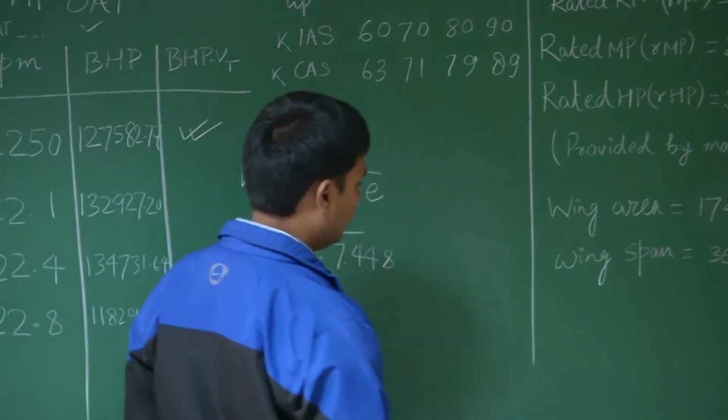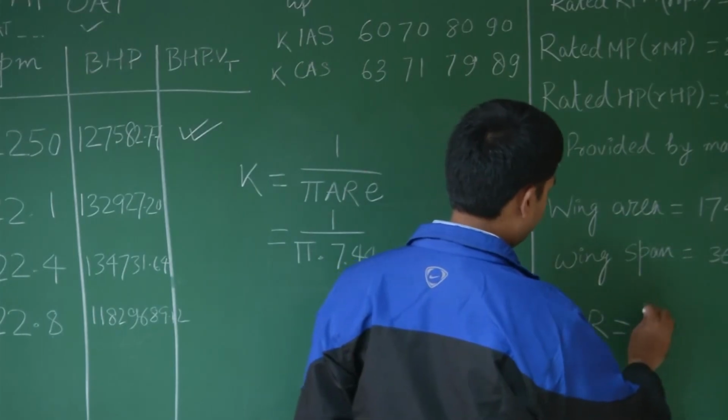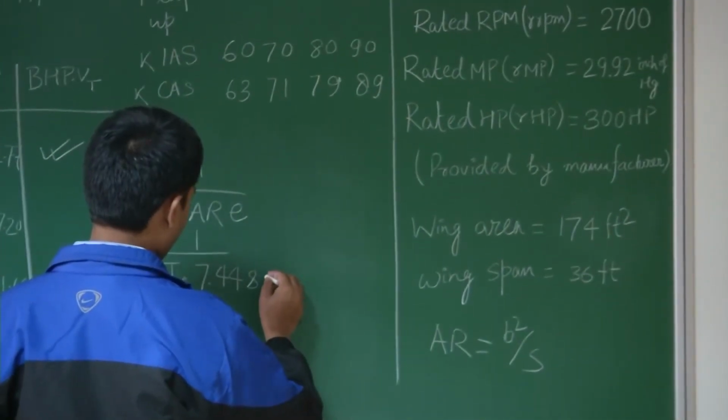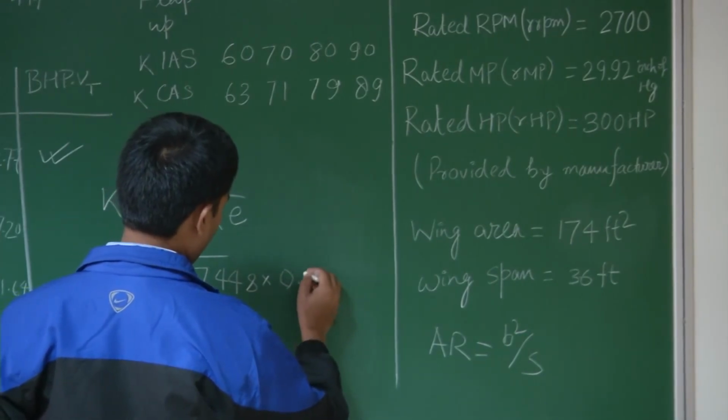You can get the aspect ratio from b squared by S, wingspan squared by the area, and if you take the E value as 0.85,